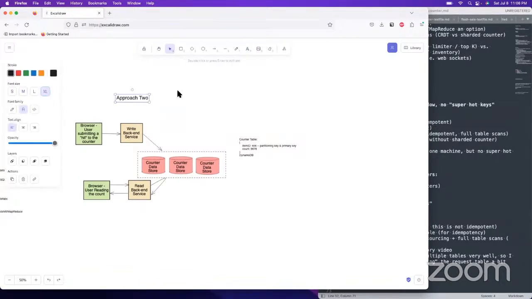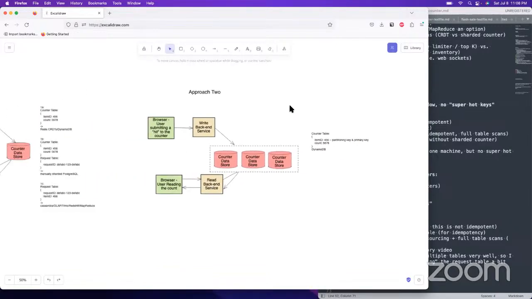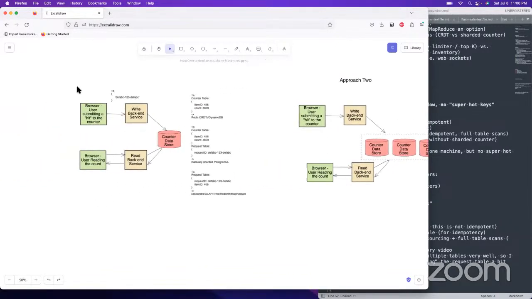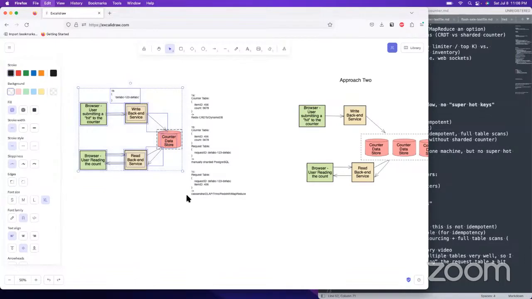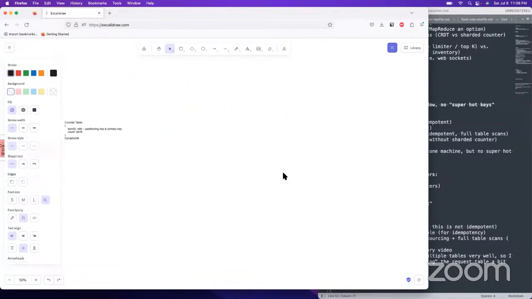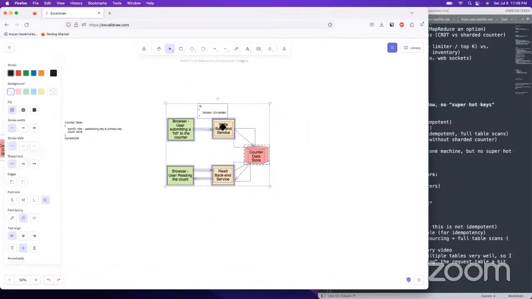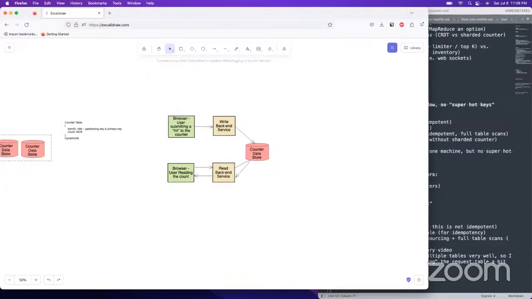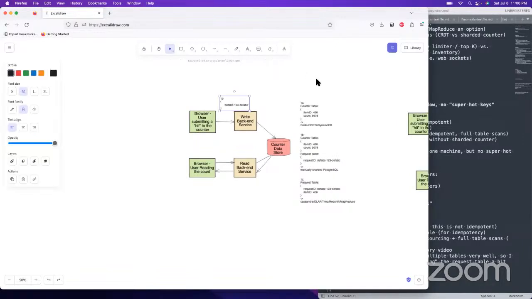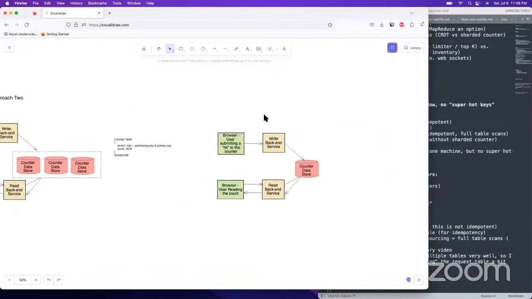Let's make that extra large. Okay, and then let's copy that for approach 3. Actually, in this case, you do use those request IDs because it's getting logged to